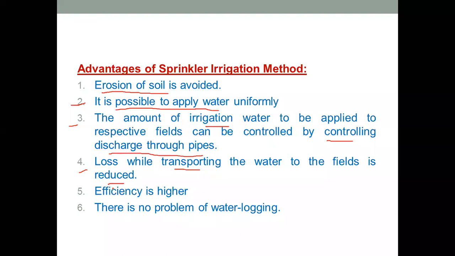Okay, the water is diverted through the canals to the agricultural fields, where it is transported through small ditches to the individual agricultural fields. Okay, so what happens during the transportation of water in this open channel?